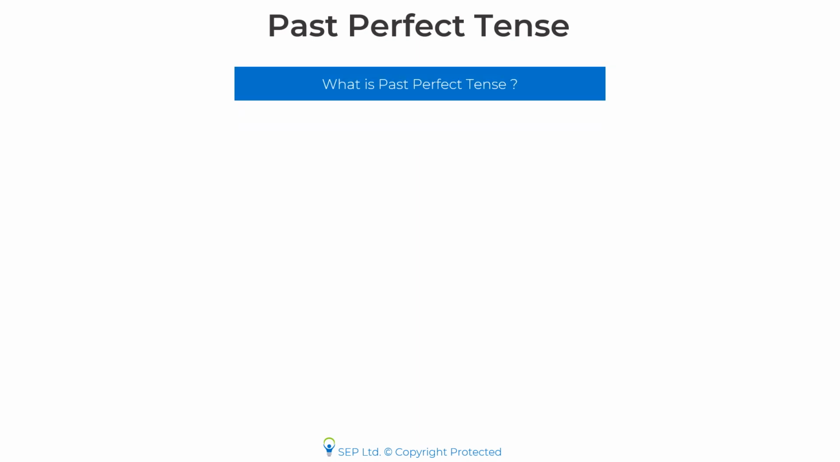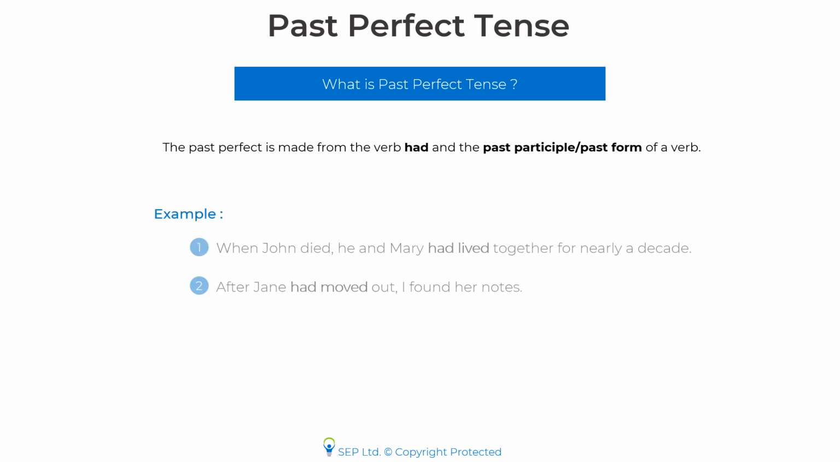What is past perfect tense? Well, the past perfect tense is made from the verb had and the past participle or the past form of a verb. For example, when John died, he and Mary had lived together for nearly a decade. Here we can see that had has been added to lived. So had and the past form of the verb live, that is lived, have been added together to form the